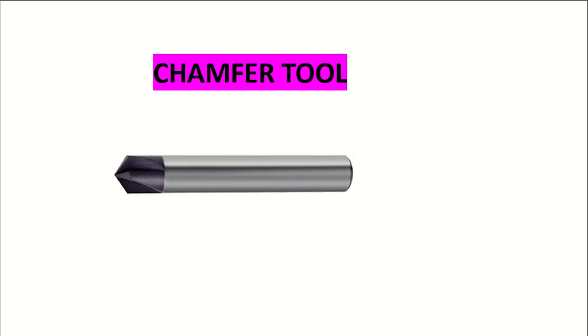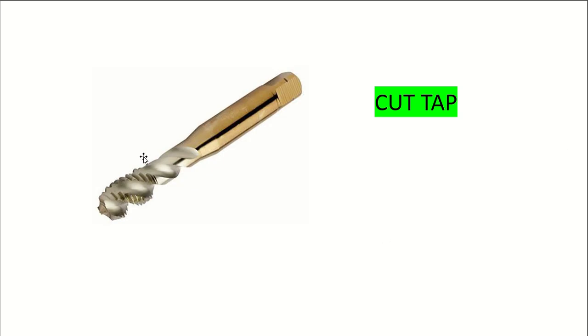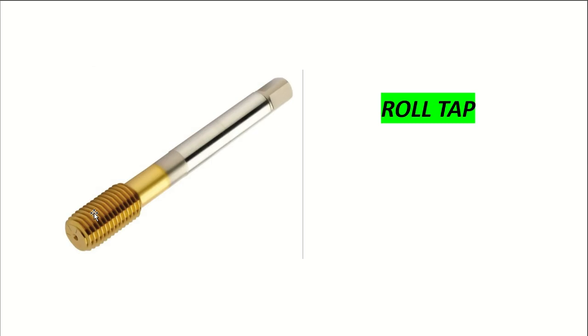Next, tapping. This is the cut tap. In tapping we have a lot of types of cutting taps. Okay. This is the cut tap. Next, this is the roll tap. When we are using a roll tap, see the differences between the cut tap and roll tap. This is a spiral tap. You can see the spiral